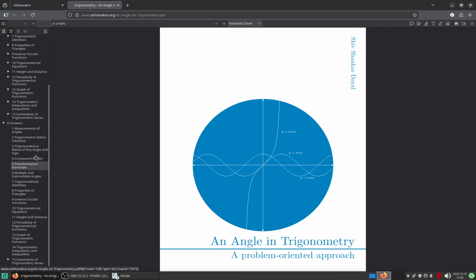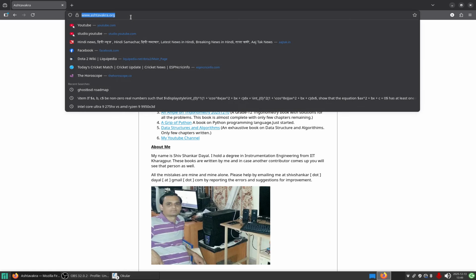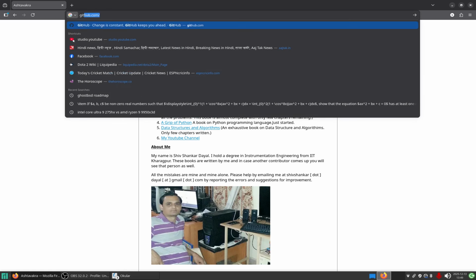But I have moved on and I'm working on De Moivre's theorem. There is a 16th chapter. So 15 chapters are complete. You can read it very well. De Moivre's theorem will be complete in probably 3-4 days, and then there will be a miscellaneous chapter. Once this book is complete, I will work on another book,